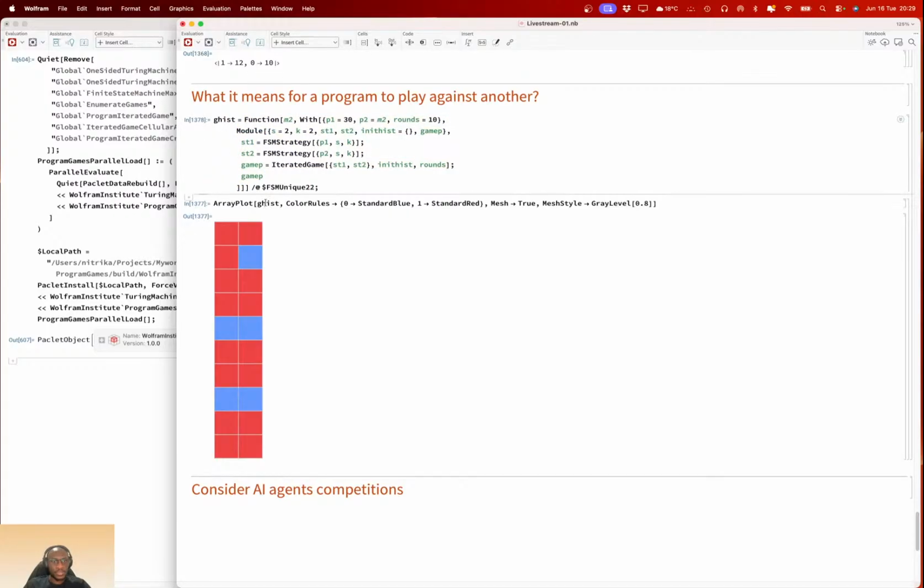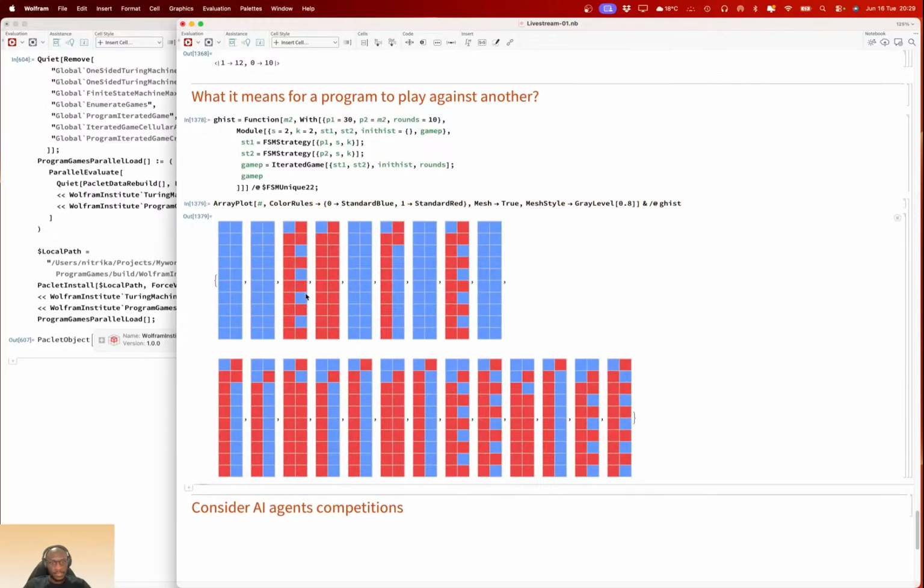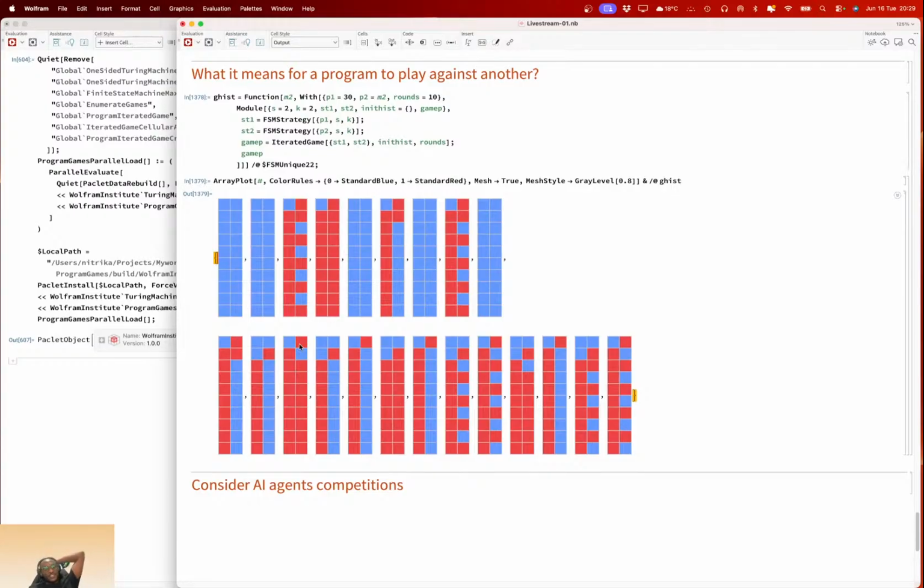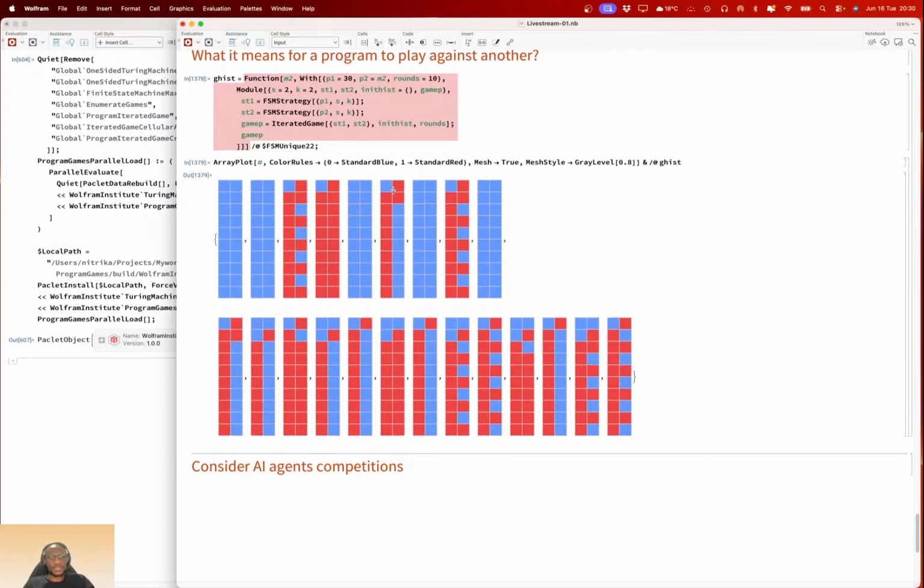And what you'll get is this. This is what you get when you play a grim trigger against all two-state machines.